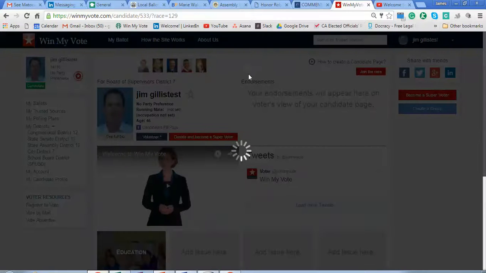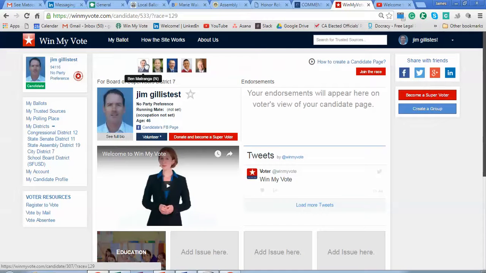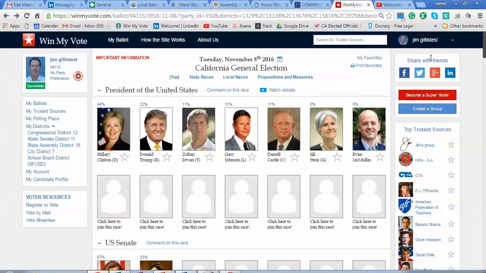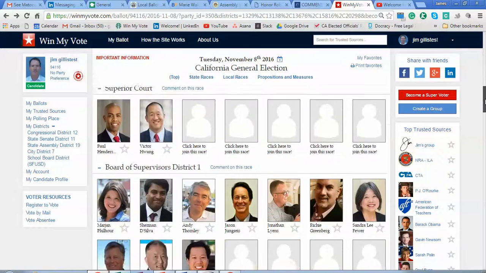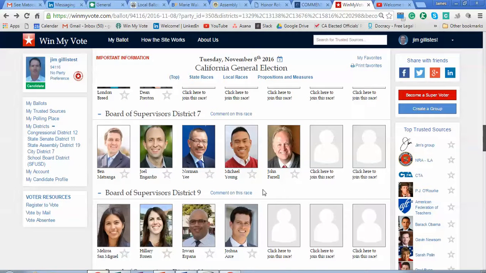And then once you have a profile up, you will be, sorry about that, payment thing was hanging there for a little bit. You'll be displayed on the ballot. So if you were to go back to the ballot, you would see your profile, and obviously I didn't pay, so my profile won't be displayed, but you'd see your